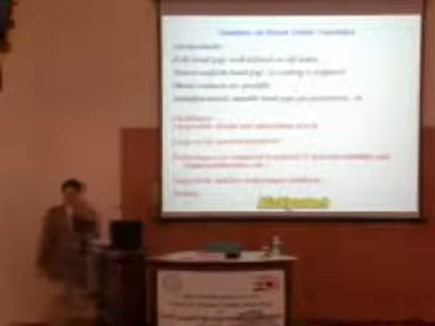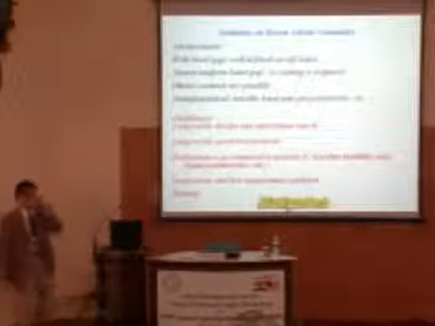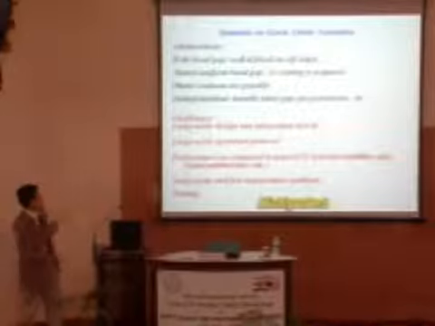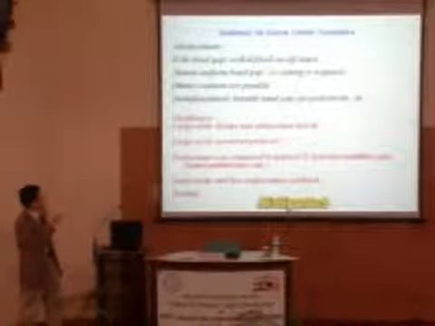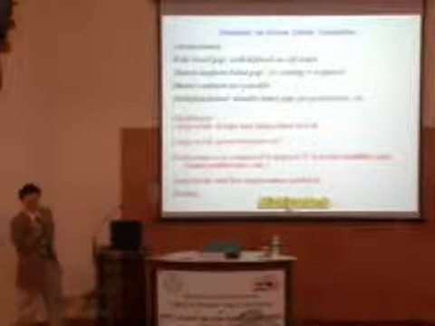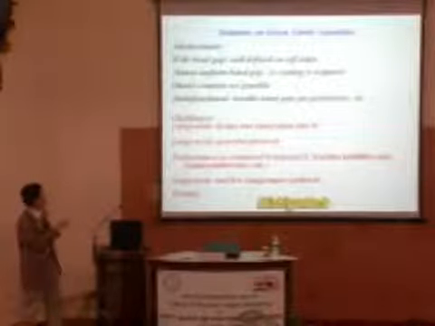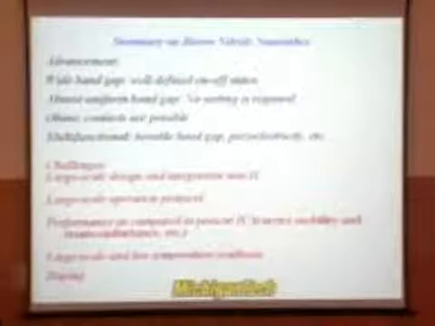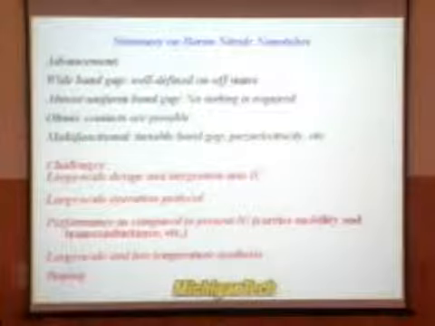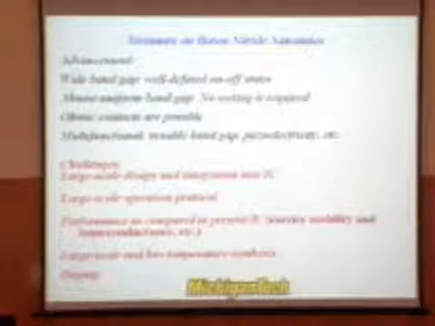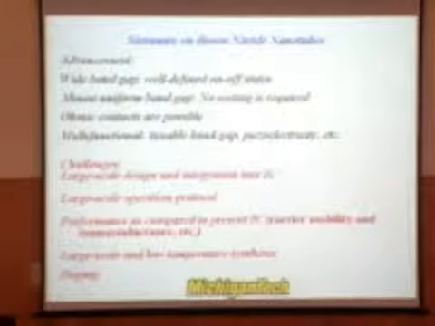All right, let me quickly summarize what you have in boron nitride tubes. It's a wide band gap. You can have a very well-defined on-off state, and less noisy devices can be made. Almost uniform band gap, so you don't have to sort the tubes that you make. Just use them, all right? They can achieve ohmic contact if you change your electrode to match the work function to the band gap,